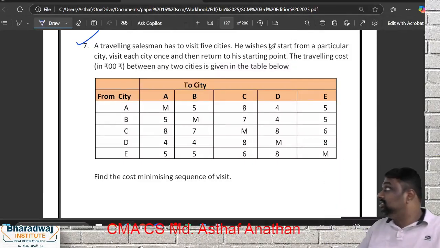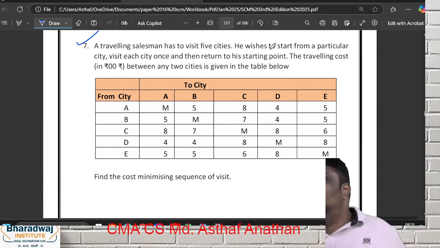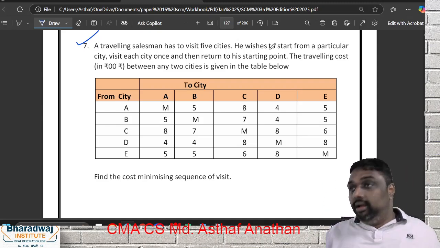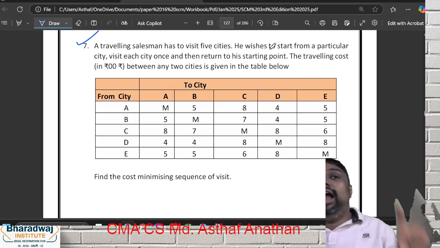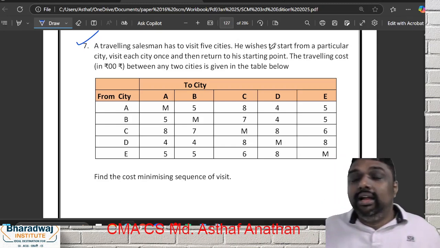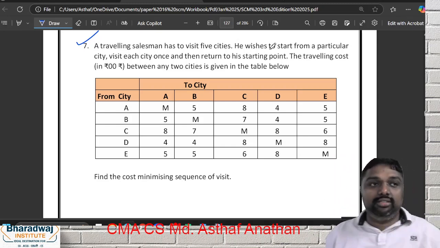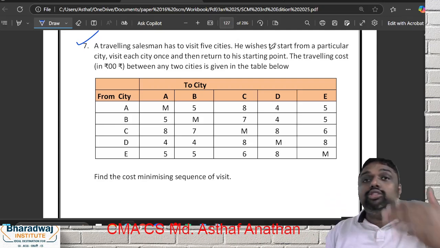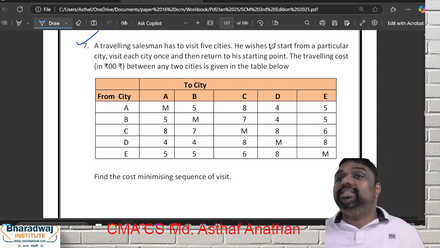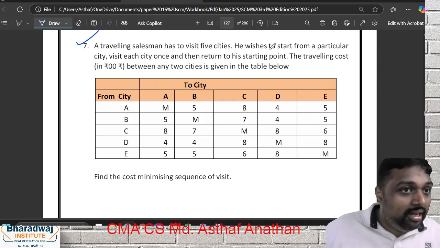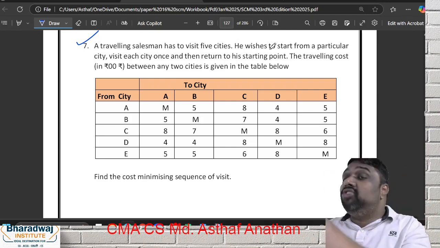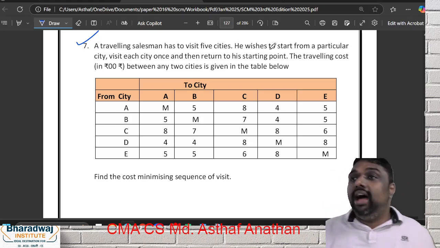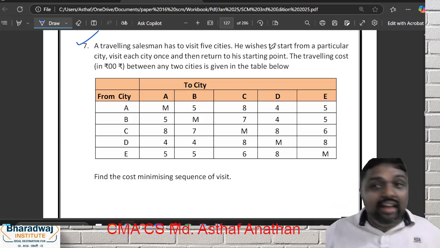Now, my dear friends, we will go with questions on the traveling salesman. First, let us discuss what is meant by a traveling salesman. Apart from our normal assignment concept, the traveling salesman has certain assumptions. Who is a traveling salesman? A salesman who has to travel to different client places to meet his requirement. Generally, a salesman will start from his home or the corporate office and return to the same place at the end of the travel.